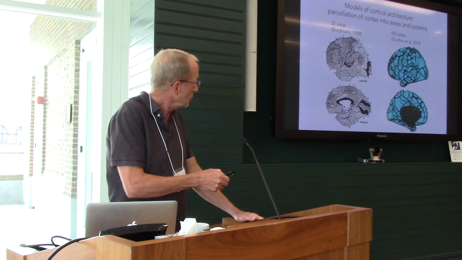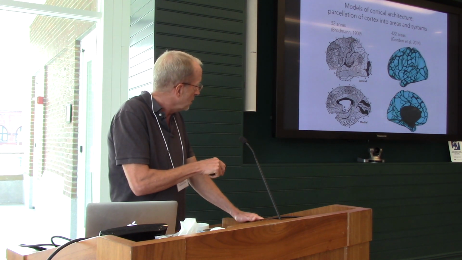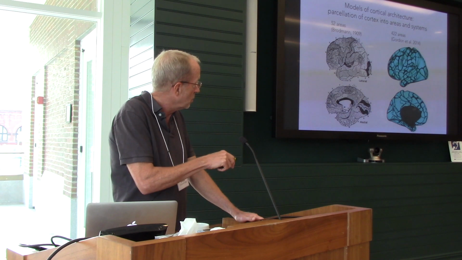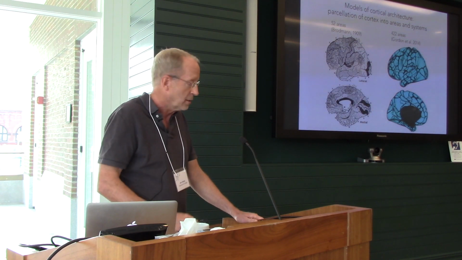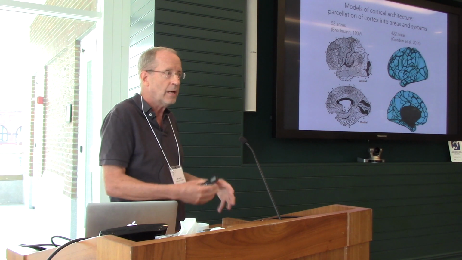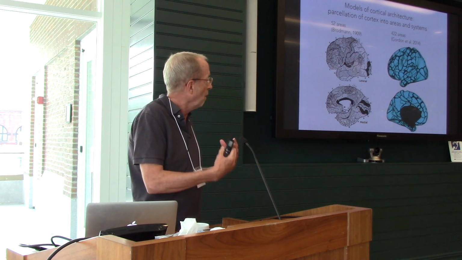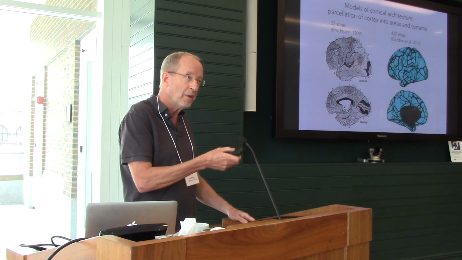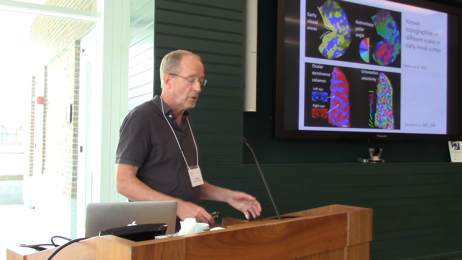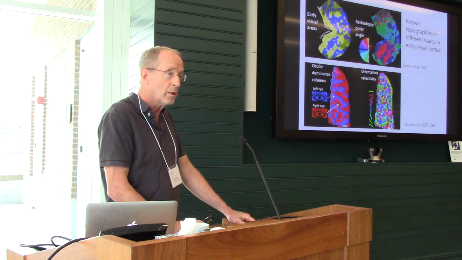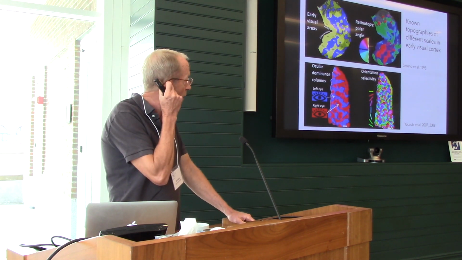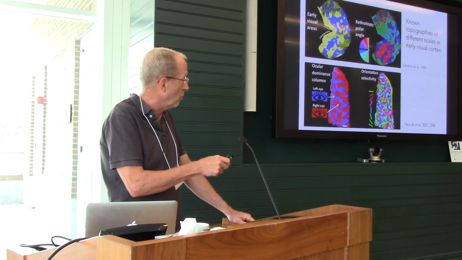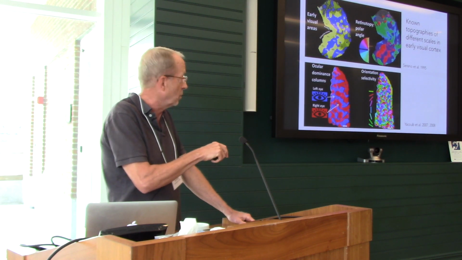Now the problem is that this implies that a brain area, like the precuneus or lateral occipital cortex, is a homogeneous brain area. Okay, it's an area and it does one thing, and there's no information in this kind of an areal model about what is the structure within these brain areas. But we know there is structure within our brain areas, and that's very well described in early visual cortex, and we know it exists in later cortical, not strictly sensory cortical areas also.